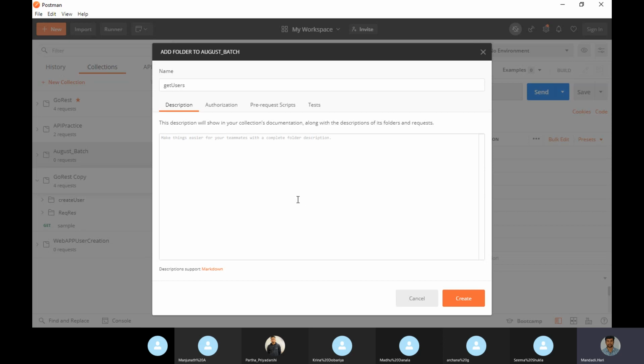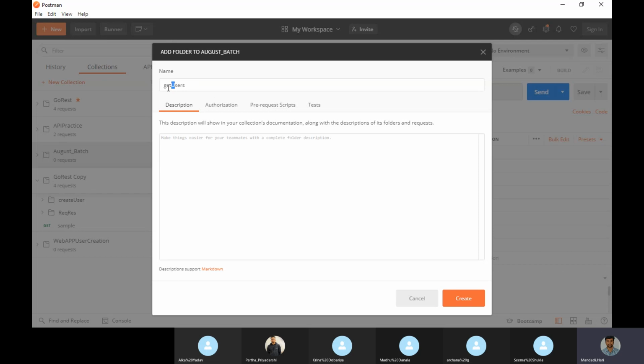Try to follow the JavaScript naming conventions. In JavaScript naming conventions, it should always start with a small letter, and the next word will be like this. This is called camel case.